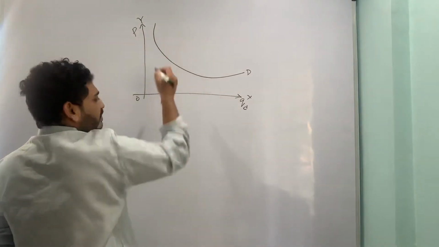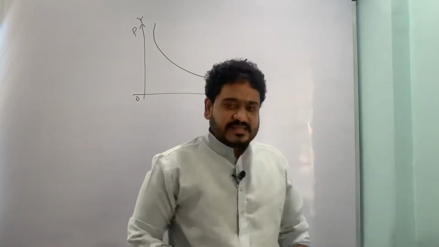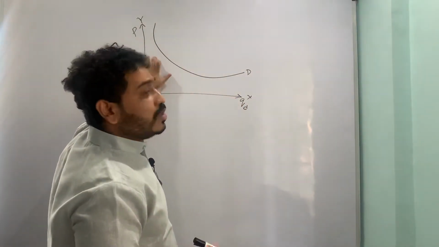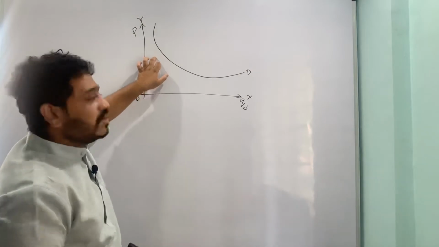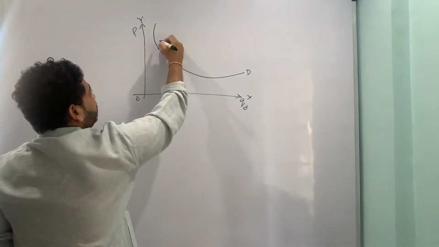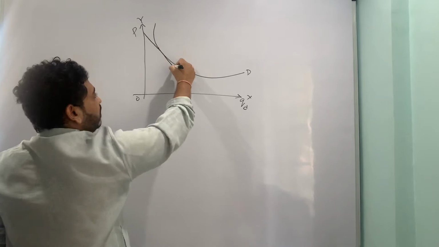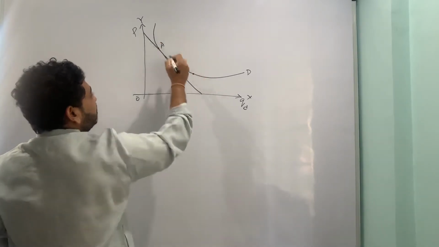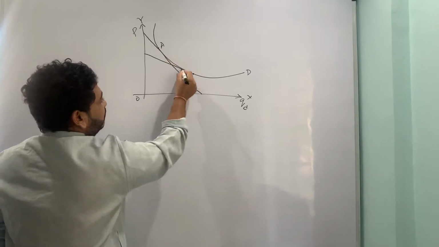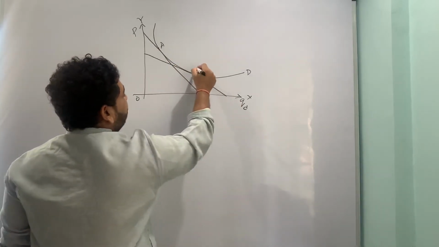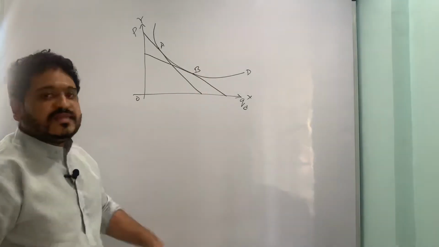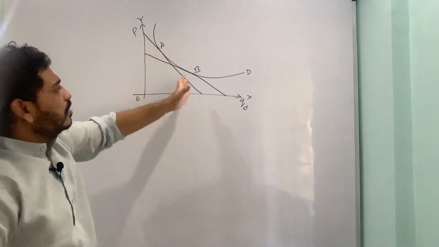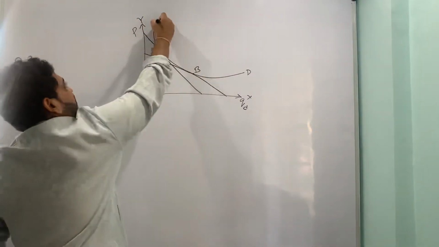Whenever you have a curve and you want to understand slopes at particular points on the curve, what you do is draw a tangent, a concept which is very broadly used. So here I'm drawing a tangent at, let us say, point A, and then there's one more point where I want to calculate elasticity, let us say point B. Let us say point A and point B are two points on the demand curve DD.